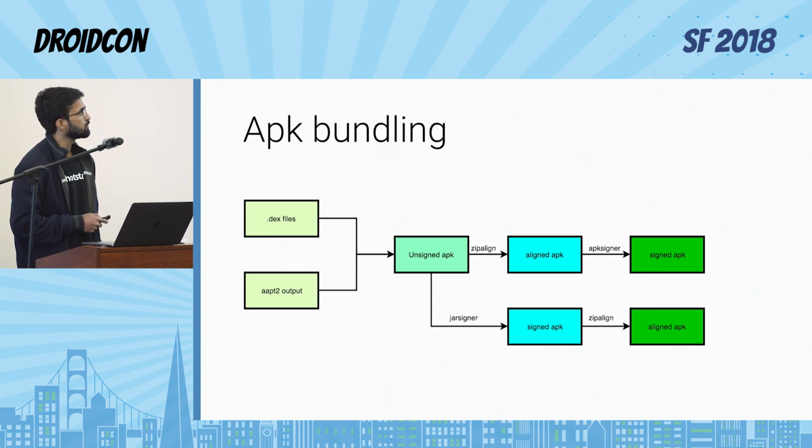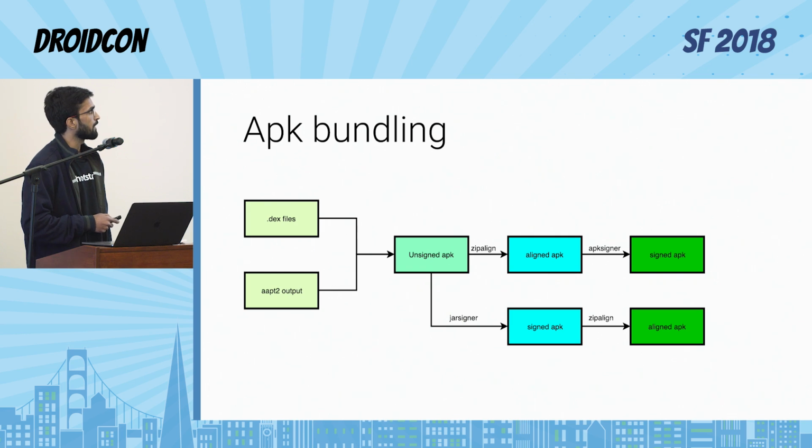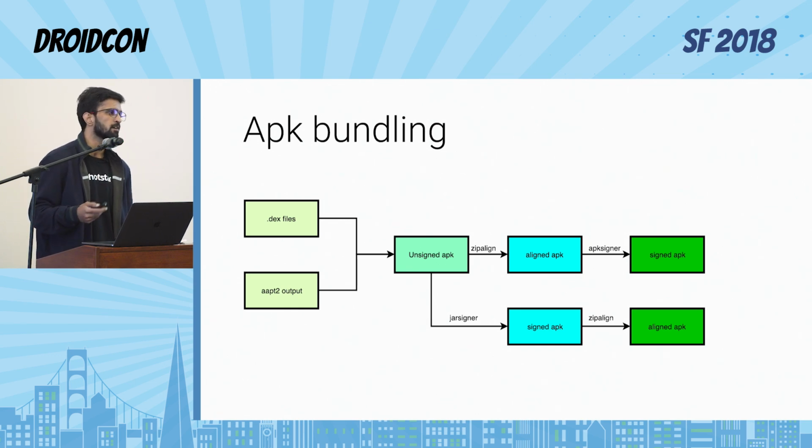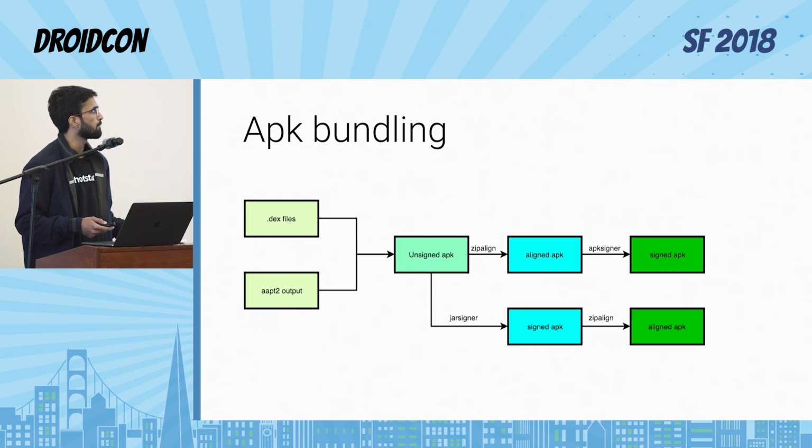So it can happen in two ways. If we are using APK signer, we have to use zipalign. Zipalign is again optional. It just optimizes the uncompressed resources in our app. The memory will be better if we do it, but it's not compulsory. When we are running it through Android Studio, it's actually doing the zipaligning as well.